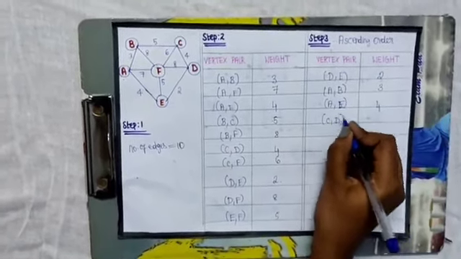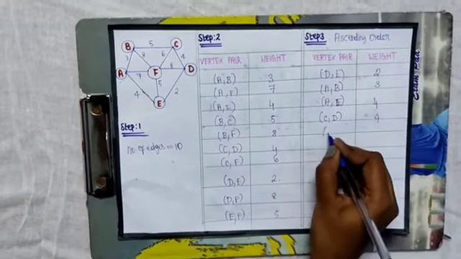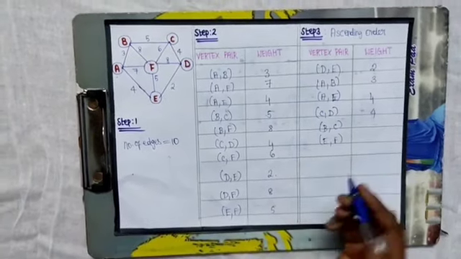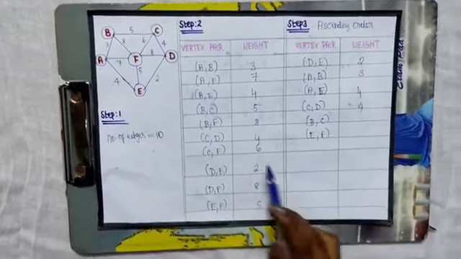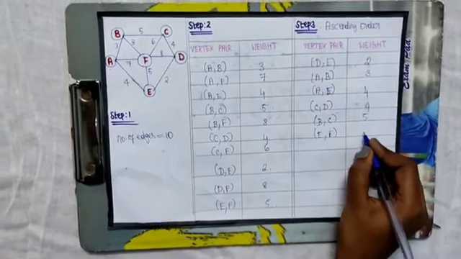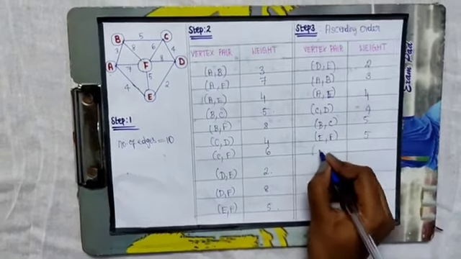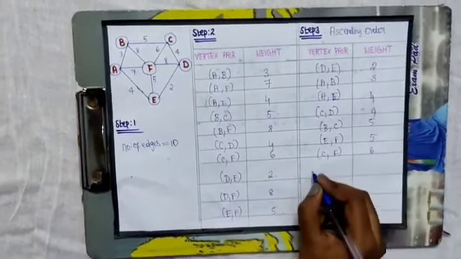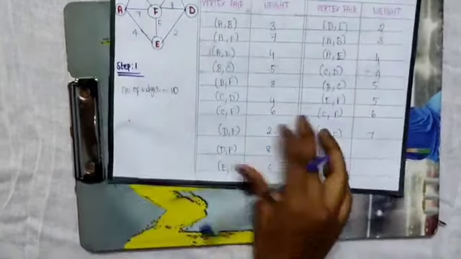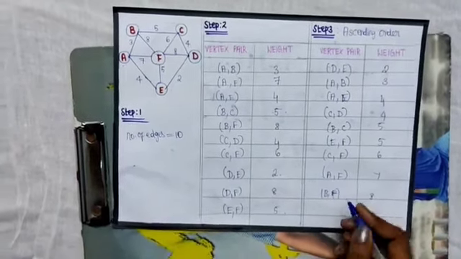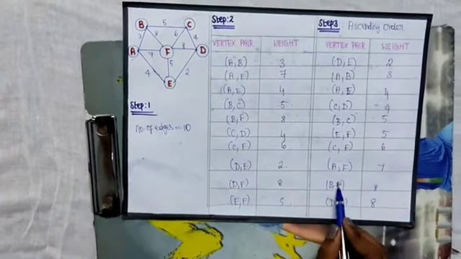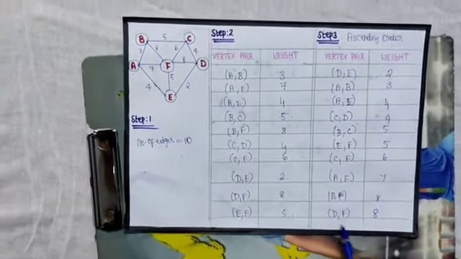Then C, D, that is 4. Then B, C and E, F is also having the same weight of 5 and 5. So you can give first preference to B, C, that is 5 and E, F is also 5. Then C, F, that is 6. A, F is 7 and B, F is 8. Meanwhile, the D, F is also 8. So, you can give first preference to B, F, that is 8 and then you can mention D, F as